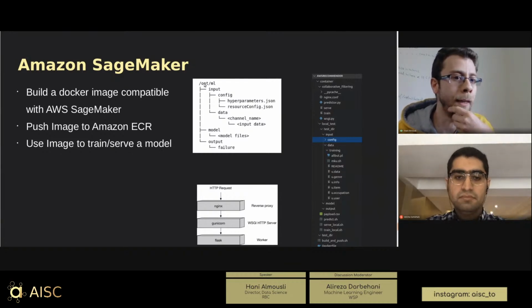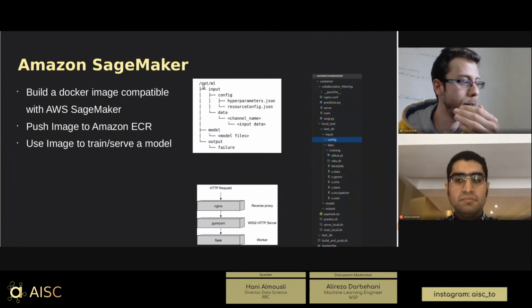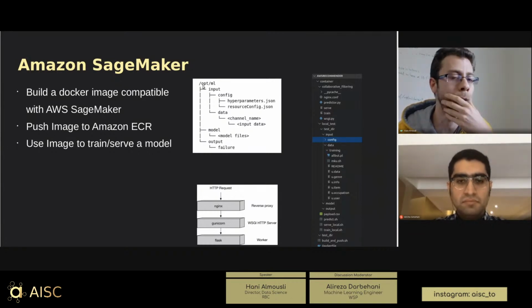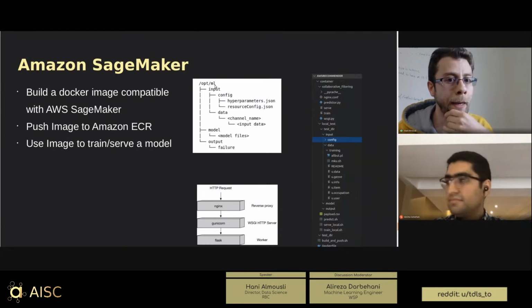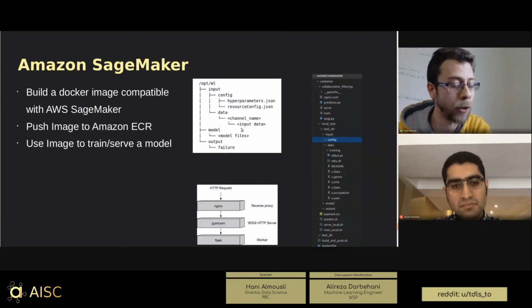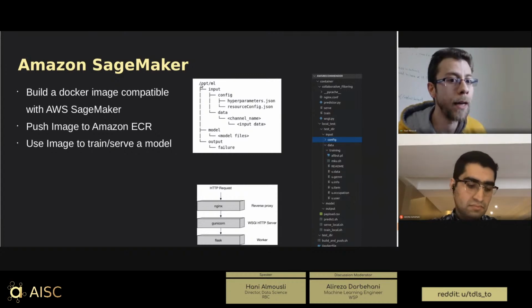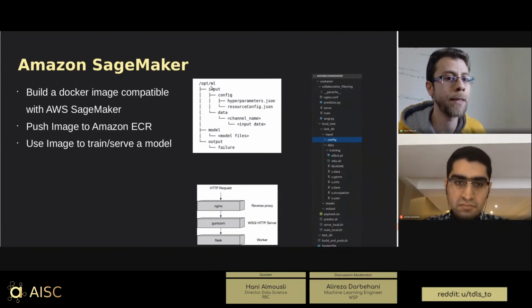Basically in SageMaker, the promise that SageMaker gives to the data scientist is that there is a specific layout in folders that will be provided for you inside your container. For example, your training data is going to be under /opt/ml/input/data. So for example, here I'll have training and testing and validation. If I want as a data scientist now to read my data, since I gave it from S3, SageMaker will move it into my local container storage under /opt/ml/input/data/training. And that's where I read it from.